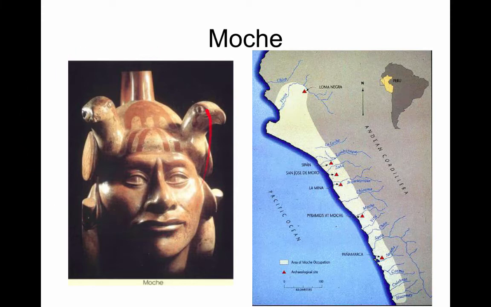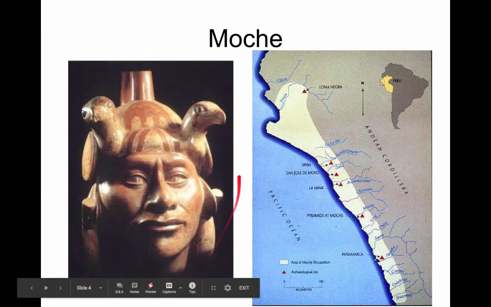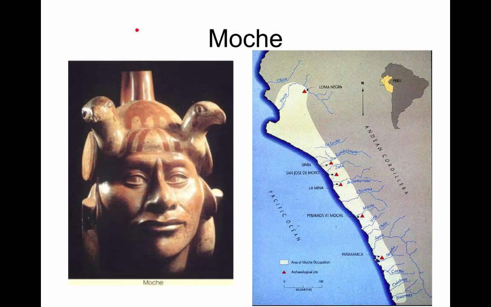So this individual is most likely a warrior, as evidenced by the ornamental helmet that he's wearing. You can see his face is very detailed. It's like you can almost wait for him to start talking. So there definitely was a class of warriors that was very important. Although they didn't conquer a lot of territory, they seem to have stayed pretty much in their point of origin.